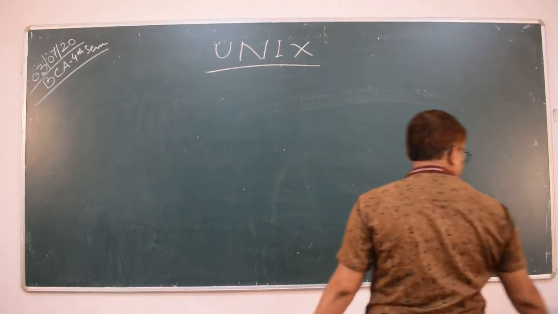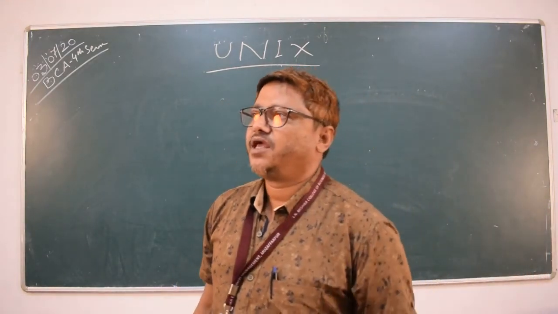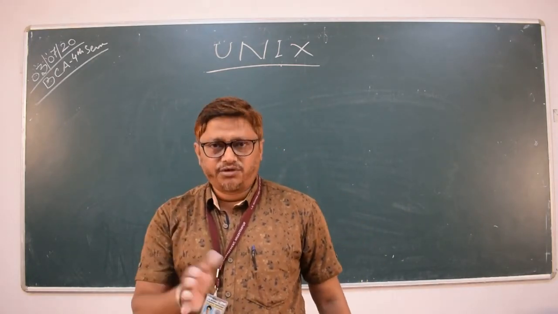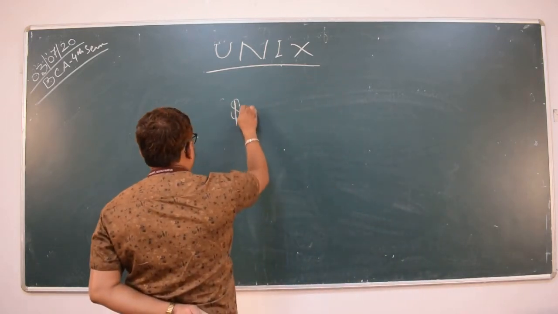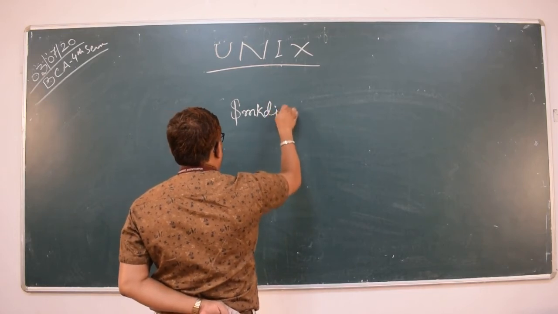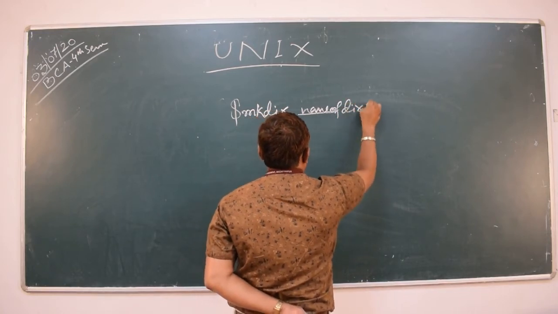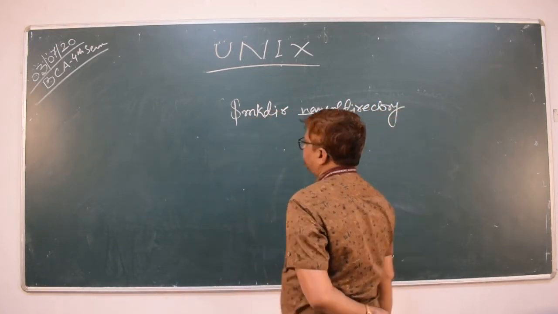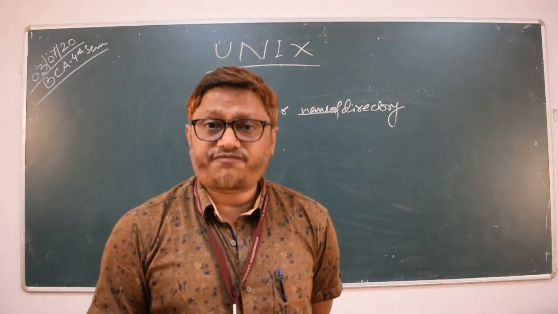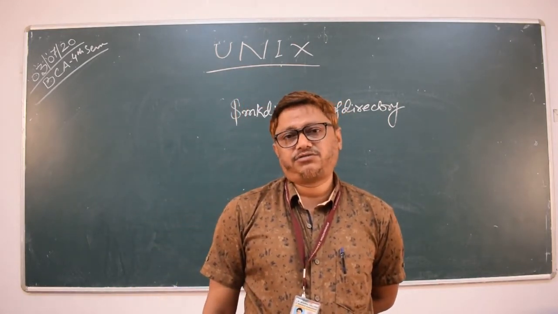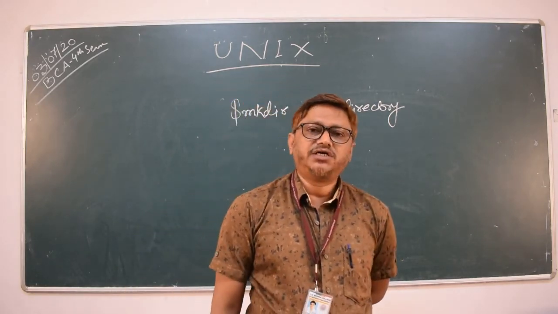Then, how to create a directory in DOS? The directory commands in DOS are mkdir and md. Here in Unix, the same command is used for creating a directory: mkdir followed by the name of the directory. We already know a directory is a collection of files. The mkdir command is used for creating a directory or subdirectory. A directory within a directory is nothing but a subdirectory.